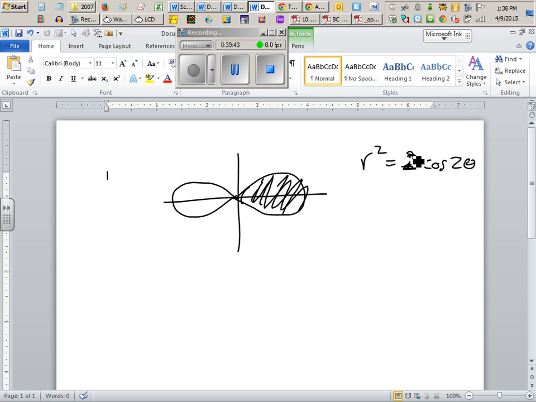In this particular picture, I would think that it would be wise to choose between a negative angle and a positive angle. I don't think I'd do 0 to pi over 2 on this problem. I might do like negative pi over 2 to pi over 2. You know what I'm saying? To capture that little petal. So it turns out it's actually negative pi over 4 to positive pi over 4. You'll find out. You guys can work